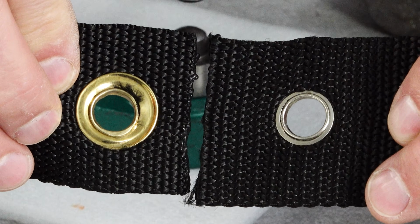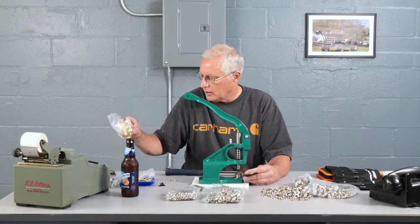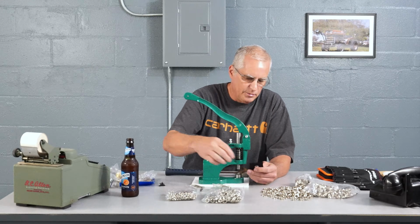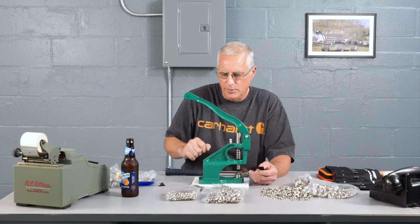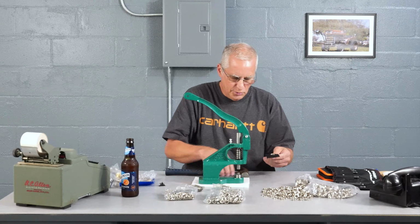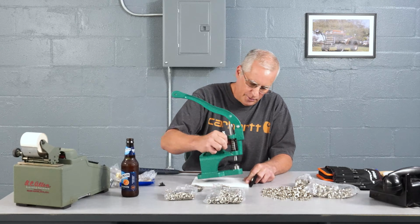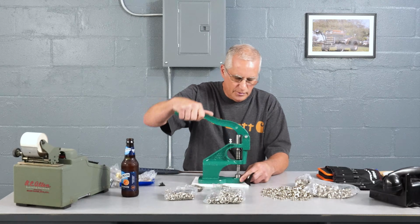Now this is a much bigger grommet. I like this better. These are probably American grommets, and these are probably metric. But I definitely like a grommet with a bigger thing. These came with the press, so we'll have to order ones that we want. But really nice tool. It is scratchy on the bottom, so I didn't want to put it on Mr. Dog Poop's desk. It can be bolted down, and